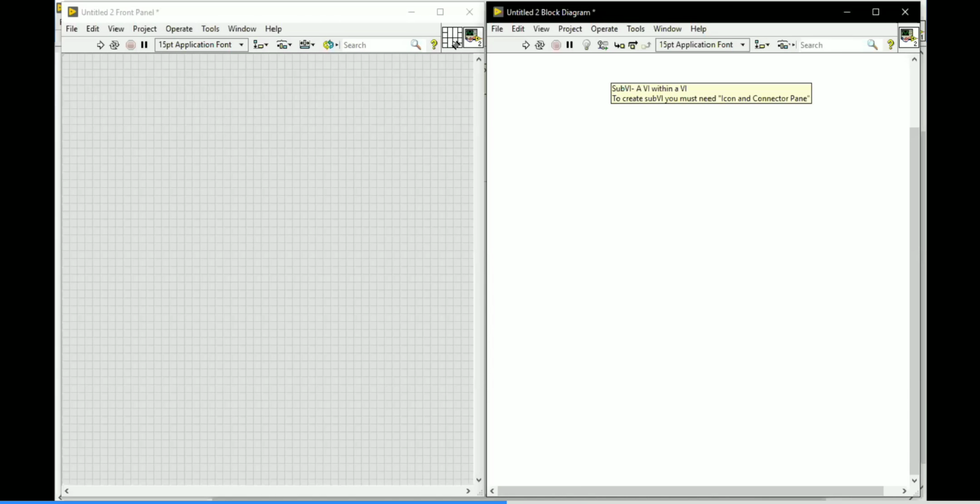Super answer. Controls. The purpose of using the connector pane is that you are going to assign the controls and indicators, the inputs and outputs, over there. Because inputs and outputs are available only on the front panel, the connector pane is present only on the front panel. Basically, the connector pane's purpose is to provide the IOs, controls and indicators. That is the reason behind placing the connector pane on the front panel. These are the basic things about the icon and connector pane.